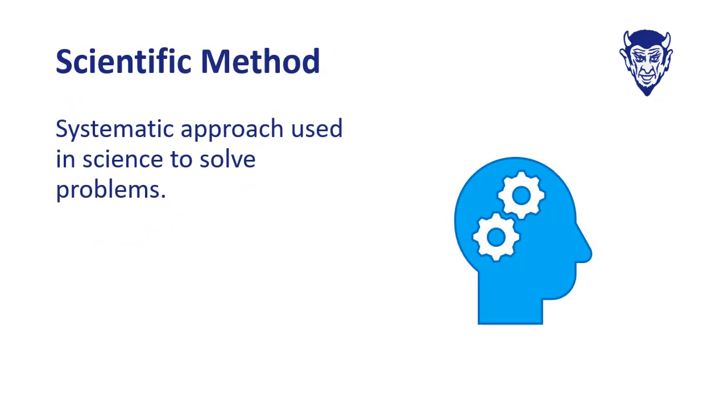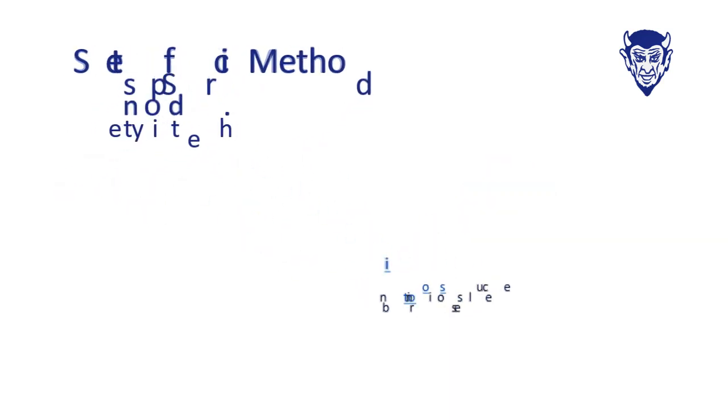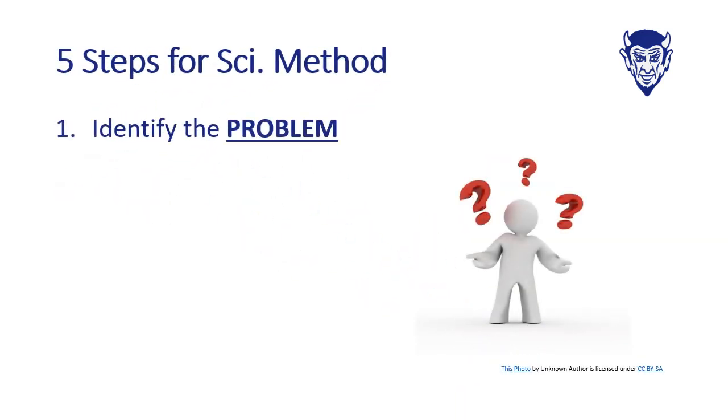The third and final problem-solving method addressed in this lesson is the scientific method. The scientific method is a systematic approach used in science to solve a problem or answer a question. In this version of the scientific method, there are 5 steps, and it starts with a problem or observation, something that makes you wonder why or go,